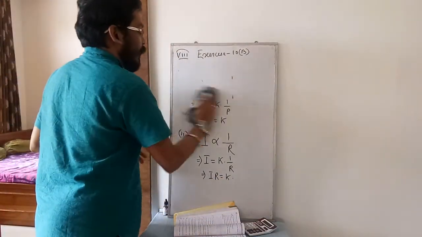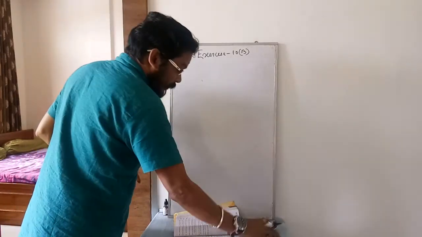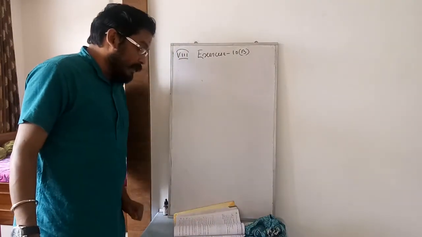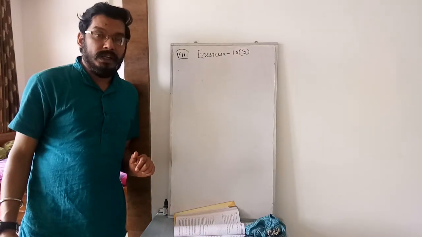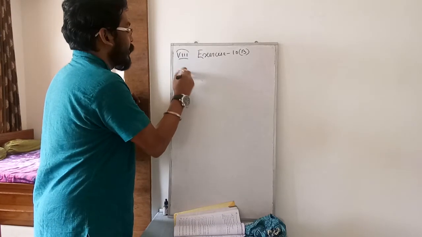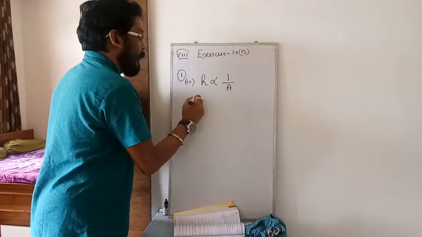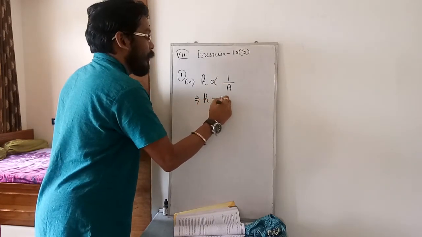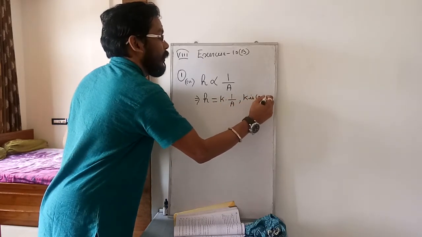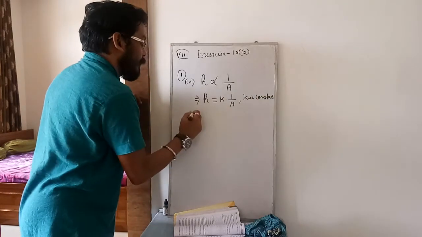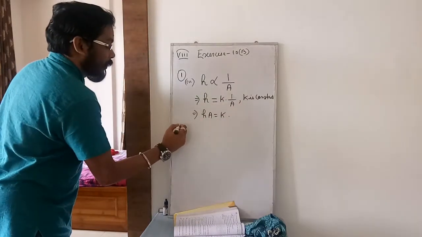Clear? Now we will go for question number 1, Roman 3. The height h of a cylinder of fixed volume varies inversely as the area A of the base. So height is inversely proportional to the area of the base. Height is represented by h, so h is inversely proportional to area, and inversely means 1 by A. If you replace the proportional by equal to, give a constant K, you can write it. In the previous sum also you can write the constant of variation. If you cross multiply it, HA equals K. This is Roman number 3.